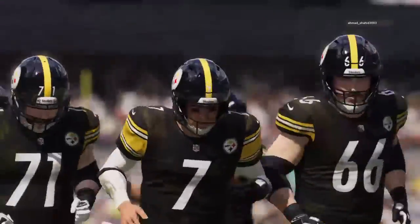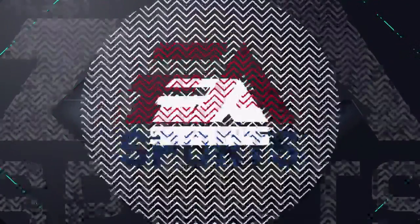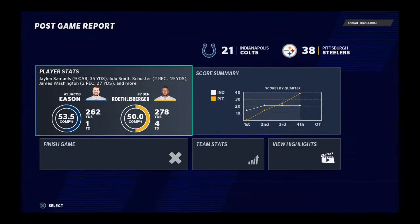So for Pittsburgh, it's a good 5th win for them as they play out the string. And they will hit the road next week for a date with the Cleveland Browns. Meanwhile,